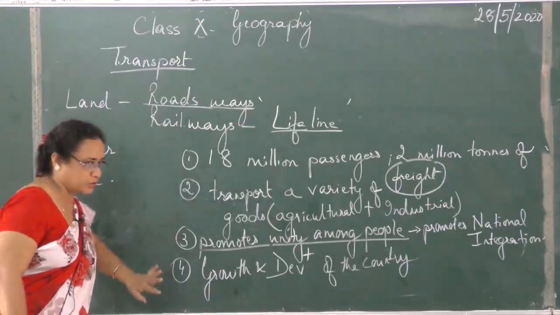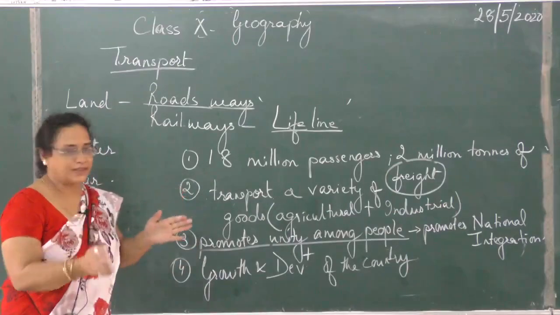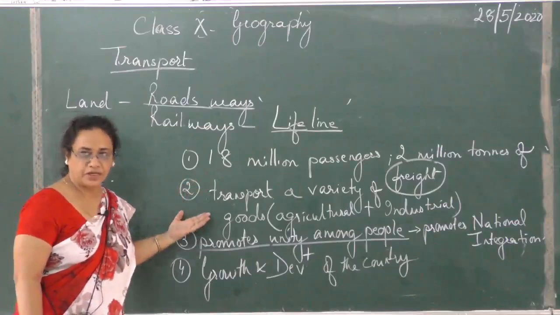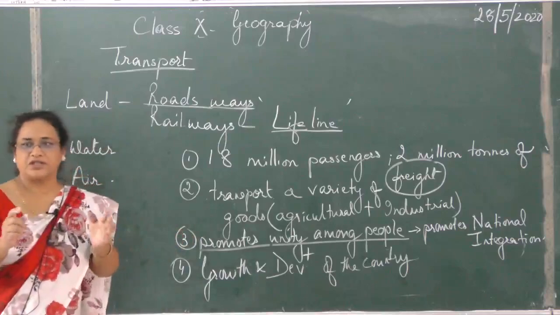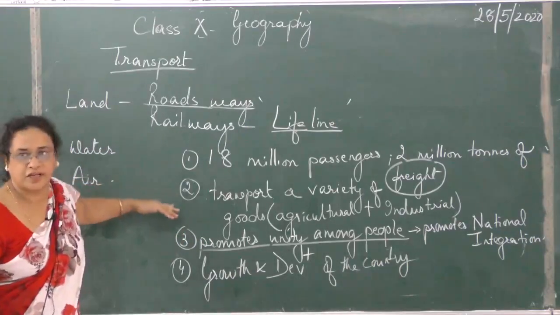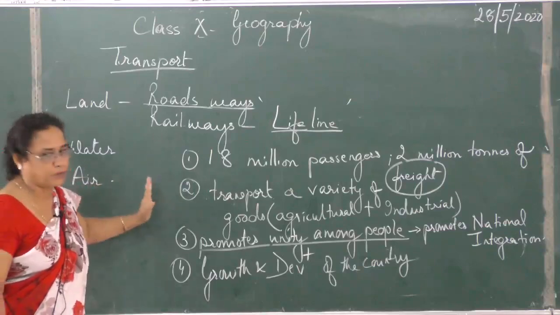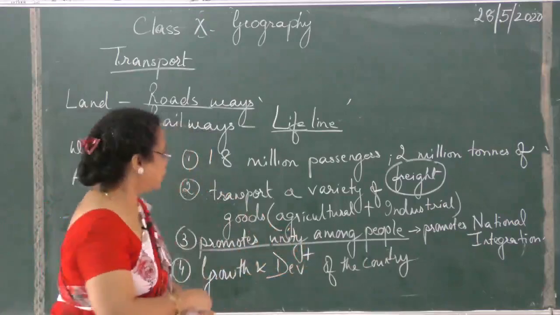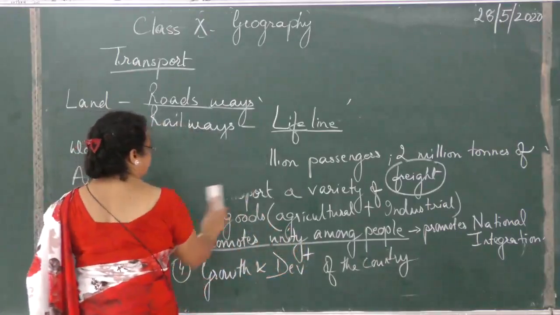So you can mention all the 4 points, you can condense it to any 2 points also. That's how you will mention your answer. So it's a very simple question, but most of the students do not get marks because they are not able to frame the answer. So this is very important. Okay, now we come to the other feature about railway lines.